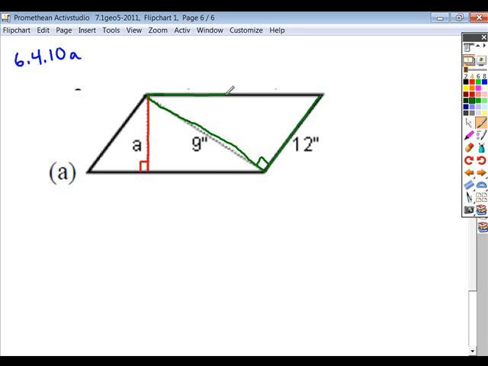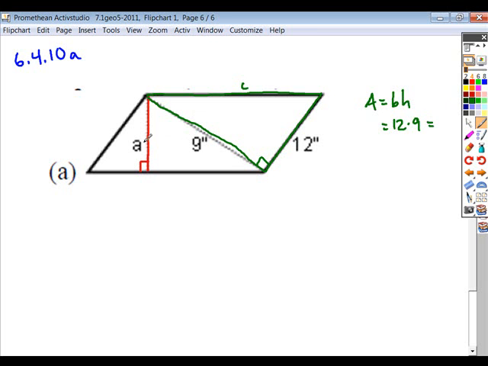So if we take this base and height that forms here, this green right triangle, I can solve for my area. If my base times height is base of 12, a height of 9, right, I know that that has to stay true. Well, the A is the height using the other base. And so we can find this other base. I'm just going to call it C, and the reason I'm going to call it C is we created this right triangle. Okay, so if we found this base C